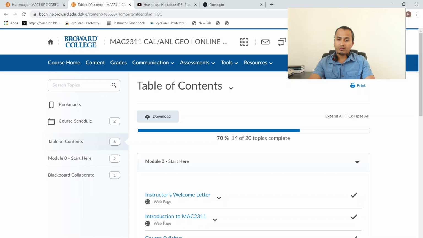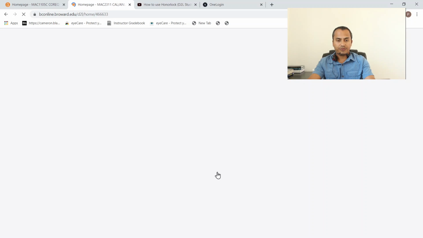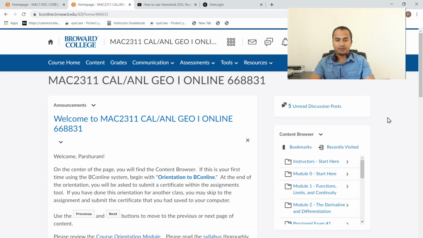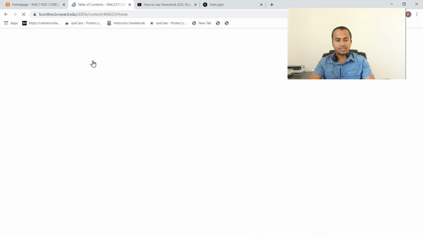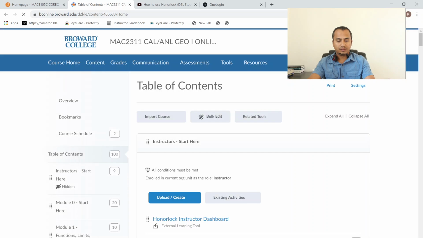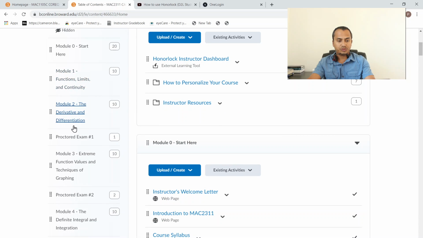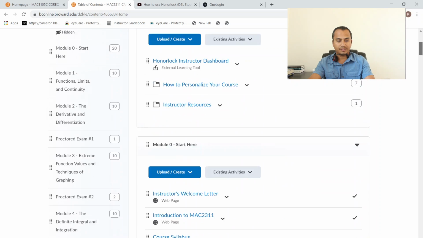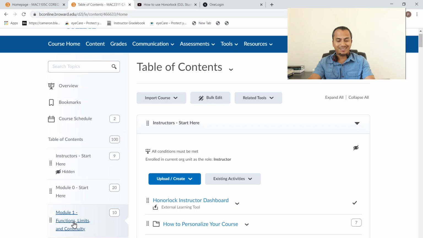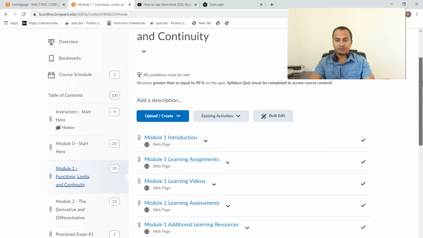And after you finish all this, let me go back to the instructor view, because I cannot view all the assignments since I need to finish the syllabus quiz. After finishing that, if you go back to the course content, you will be able to see module 1, module 2 proctor exam, module 3 proctor exam 2, module 4. It's like that. And if you click module 1, in each module you're going to find the introduction of that module,